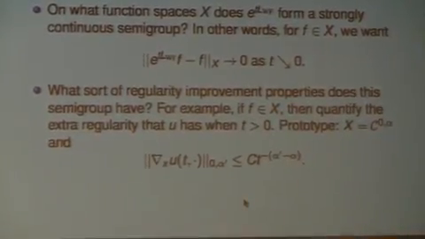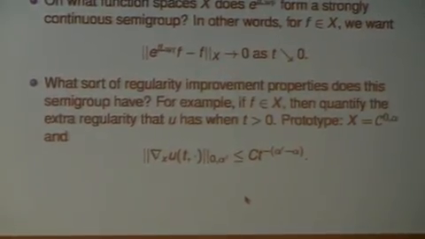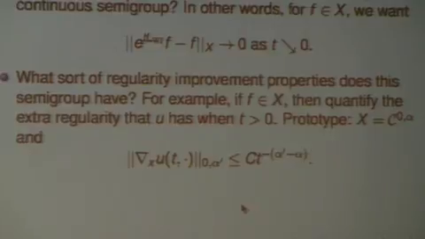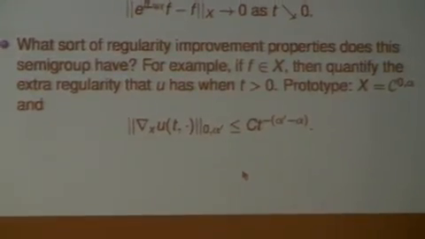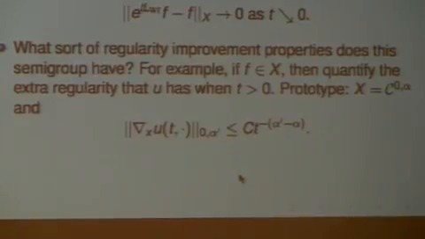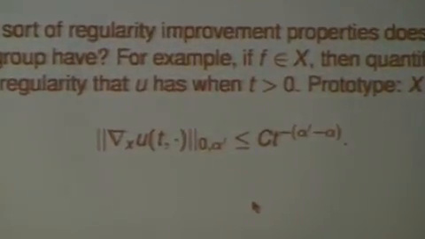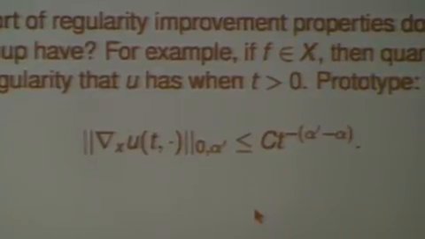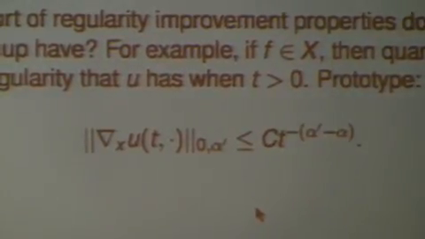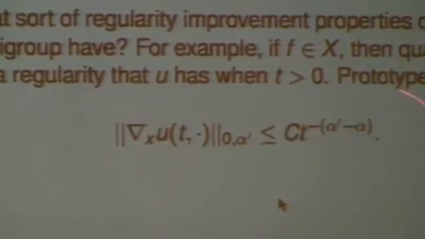And I always like this kind of property here. This is actually one way of defining Holder spaces. If you've ever learned this harmonic analysis point of view, one way in Rn of defining Holder spaces is to take a function on Rn, evolve it by the heat equation, and see how regular it is at time t positive. Well, it's smooth, so the question is how quickly the derivatives blow up as t goes to 0. And in fact, there's a characterization that you can use as the definition of a Holder space.